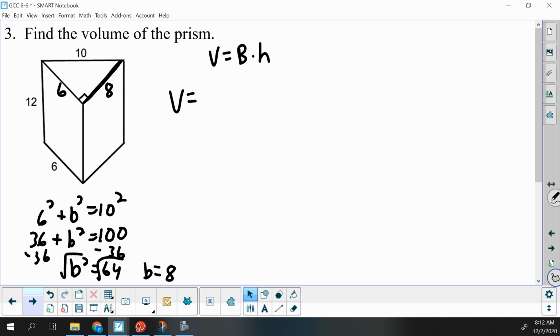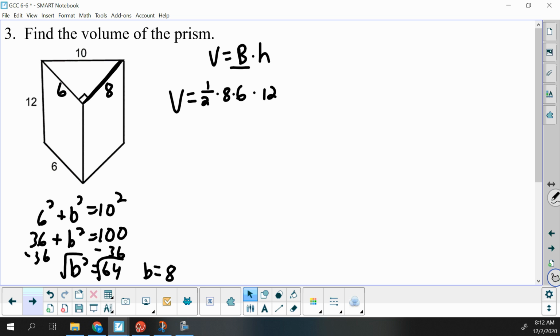All right, so for our volume, we first got to do the area of the base. Well, the area of our base is a triangle, so we'll have 1/2 our base times our height. So that takes care of the capital B. And by h, we mean the height in the entire prism, which was 12. Well, 6 times 8